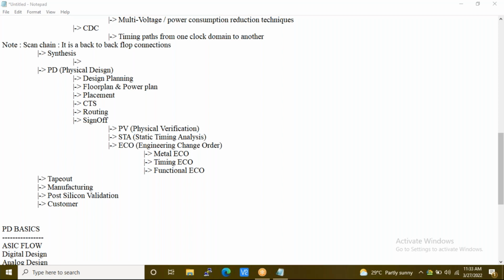Sir, what are the minimum and maximum packages companies are offering for the backend role? I'll tell you. Basically, there are two types of companies, as you know. One is a product-based company. One is a service-based company. The product-based companies, minimum salary starts with 6 lakhs and goes till 12 lakhs.